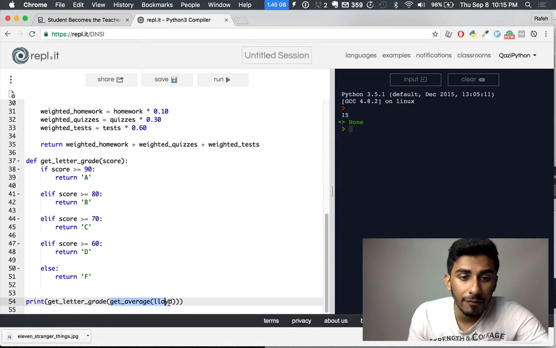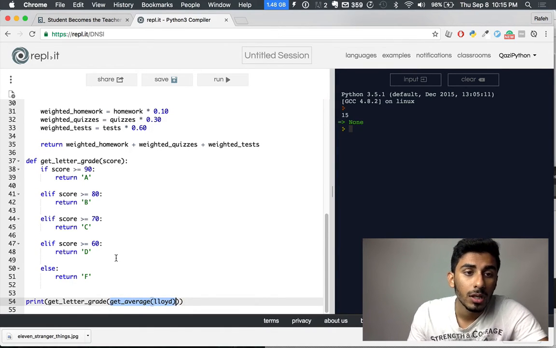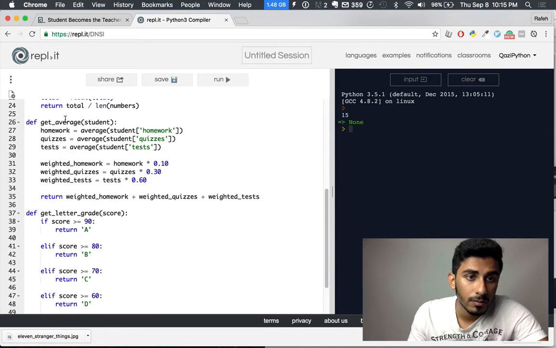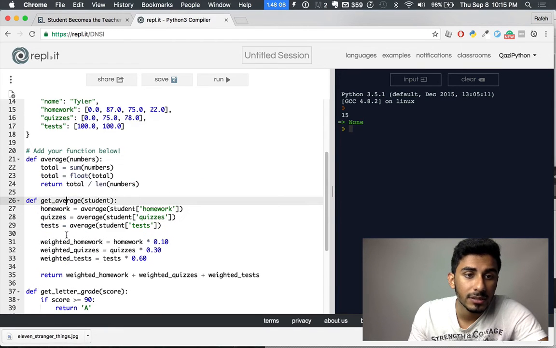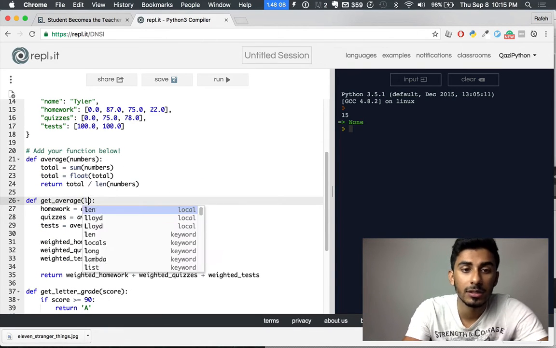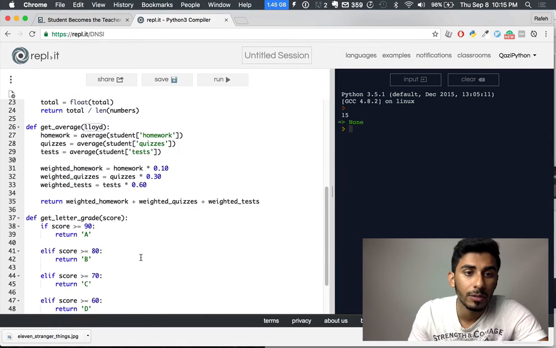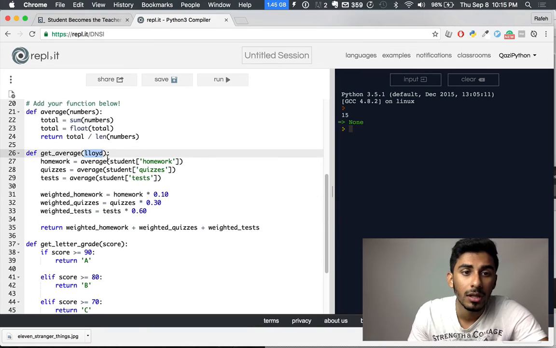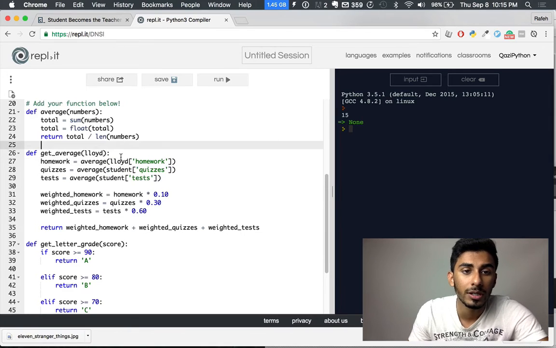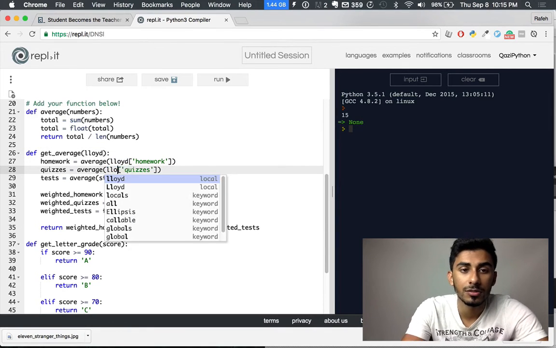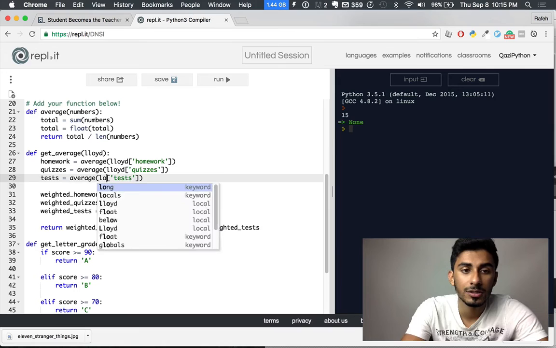Now getAverage function gets called. Okay, the getAverage function gets called. So we go to getAverage. It goes here, it passes in Lloyd, because to getAverage we gave the argument Lloyd. So everywhere it sees student, it passes in Lloyd. So this turns into Lloyd, this turns into Lloyd, this turns into Lloyd,